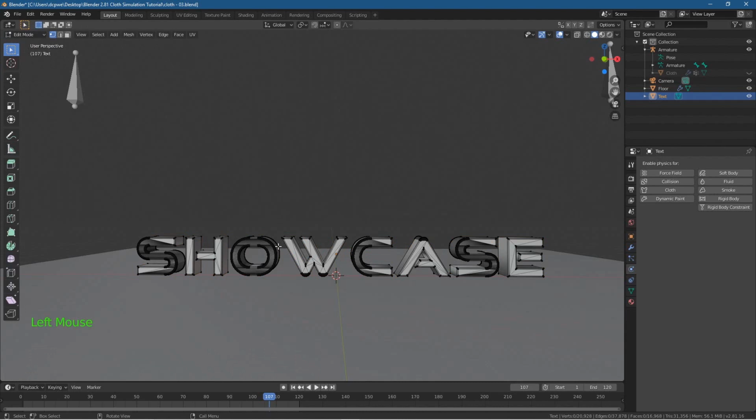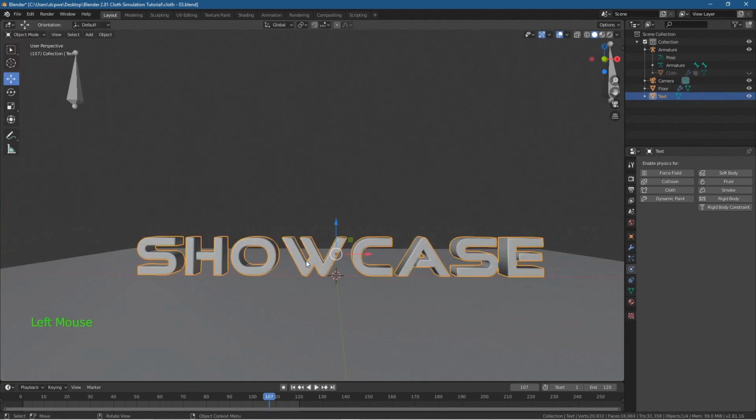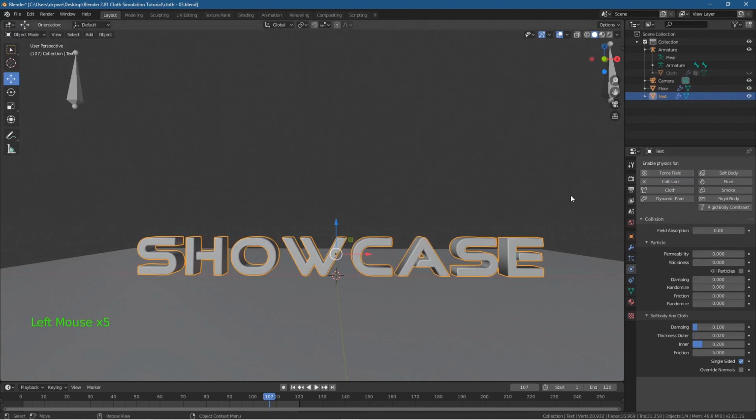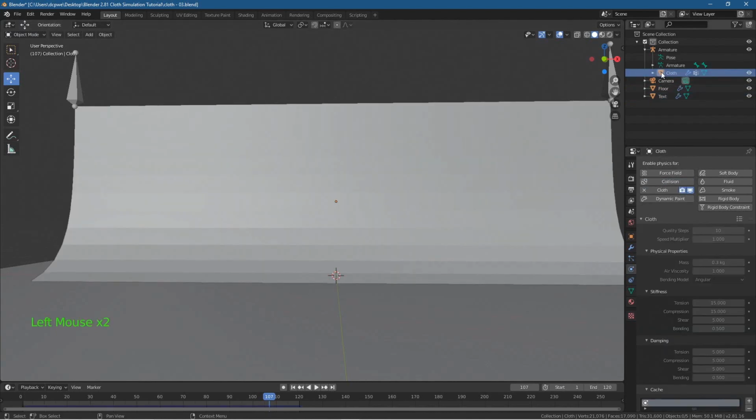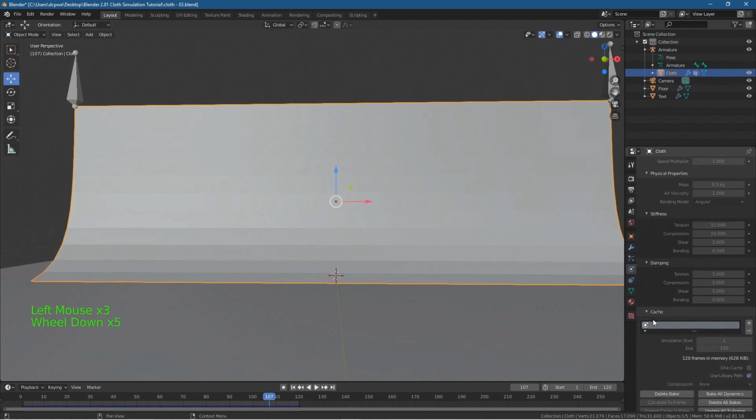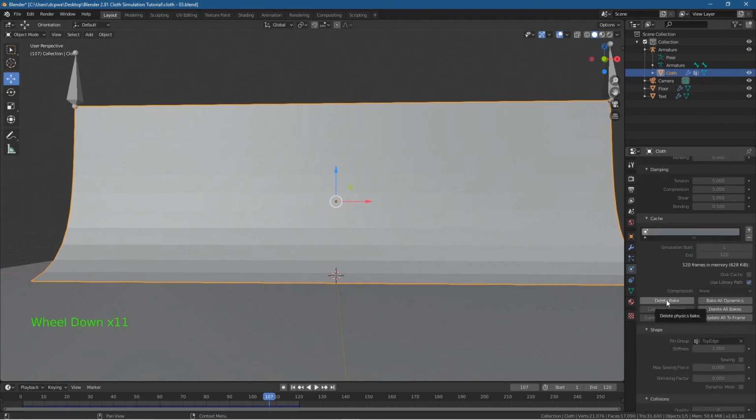Let's go into edit mode, and now we can see it's a mesh object, right? You can no longer edit the text when you do that, but we can now click on this text and go to the physics settings and set it to collision as well. And if we go back to our cloth, let's turn it back on. And if we go to delete the bake here, so go to the physics settings, delete the bake and rebake it,